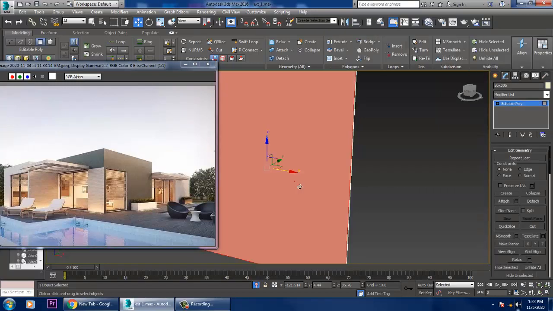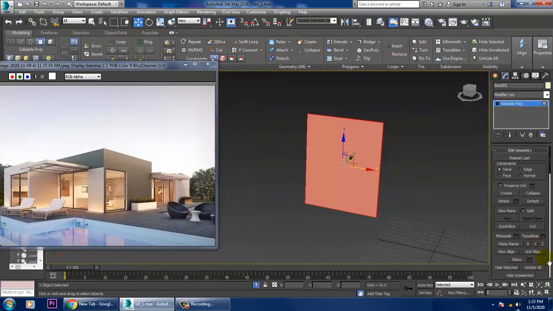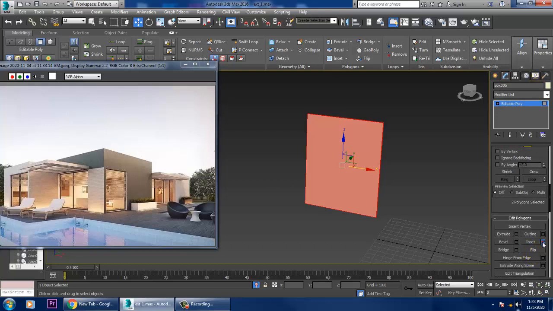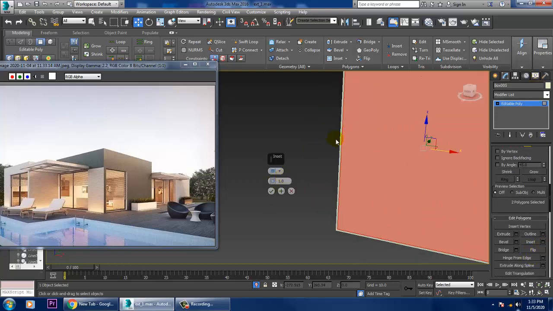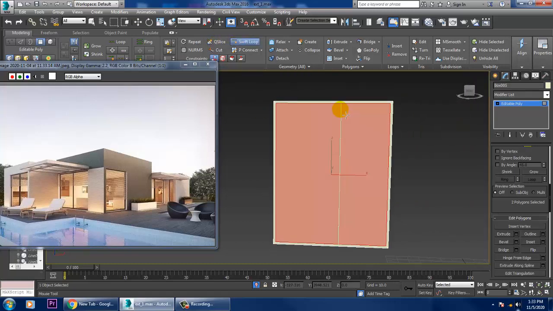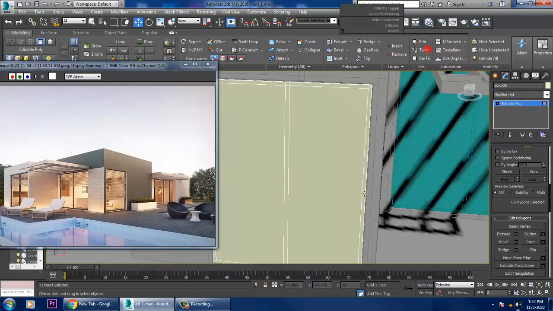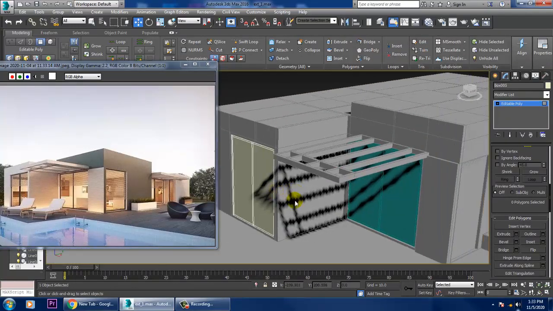Select this polygon, select this polygon, and let's just give a bit of inset to it, and again go into the swift loop over here. So let's just assign a swift loop and isolate this. So that will be definitely inside over here.